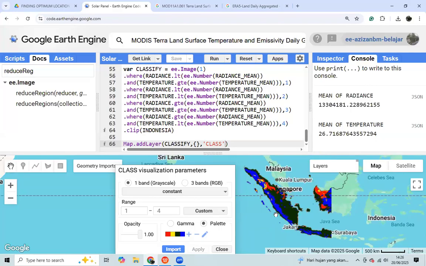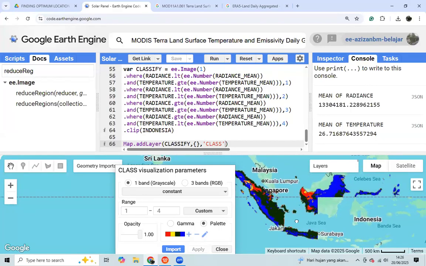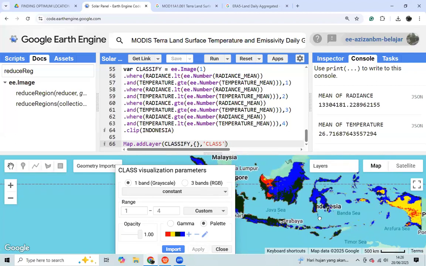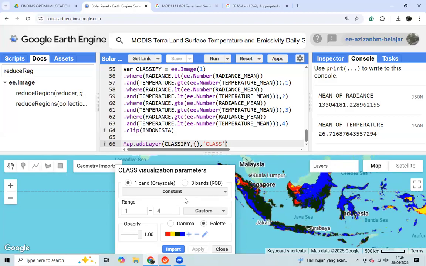Okay. Okay, then after it finishes, we can import the visualization parameter.